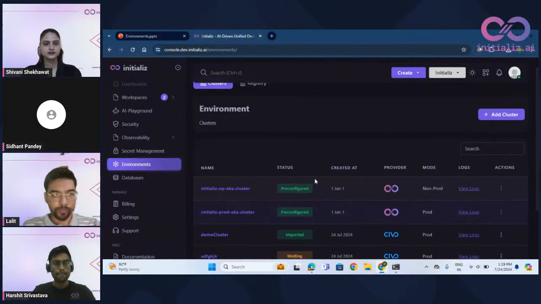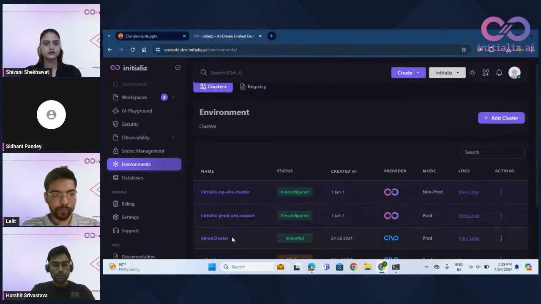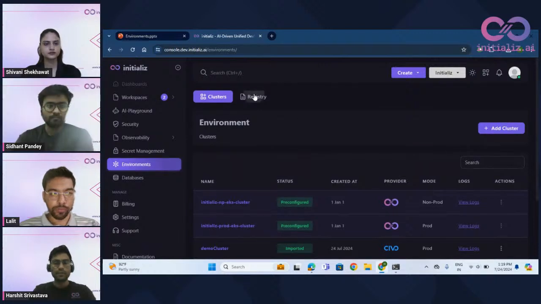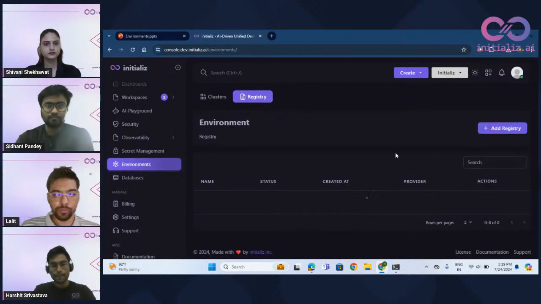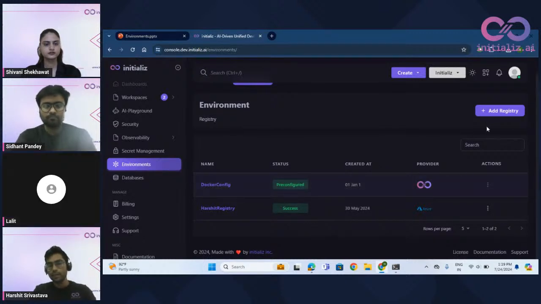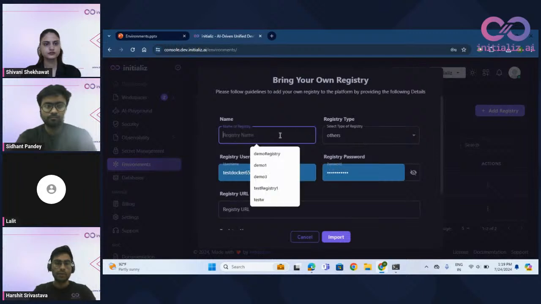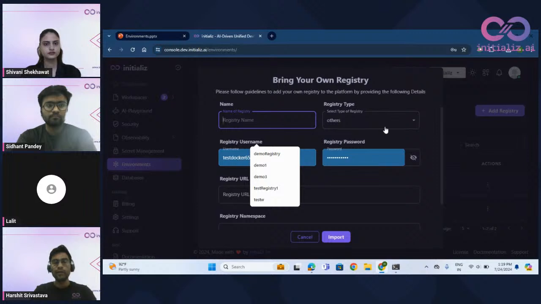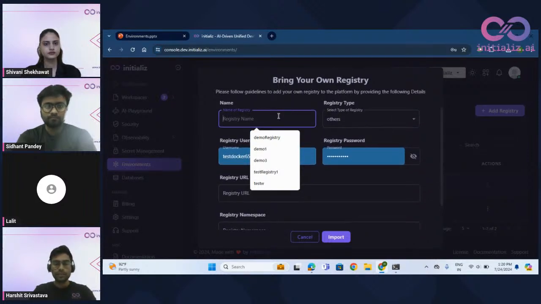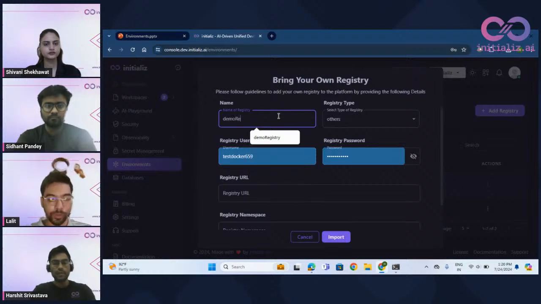Yes. Okay. So the demo cluster that we were importing has been imported successfully, and we were on the registry part. This page has the registry already imported. The first one that is pre-configured is provided by Initialize, and the second one is a custom registry that is imported. So I have already told you in the initial discussion that we are going to get a form to fill details with the registry. We can fill here the name of the registry. We can create any name for the registry